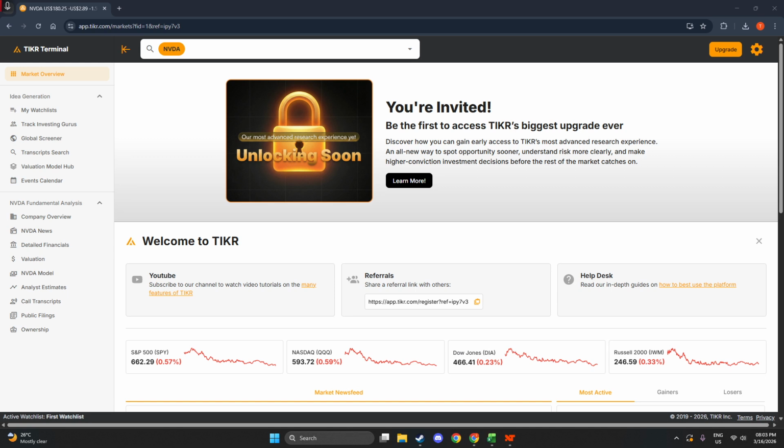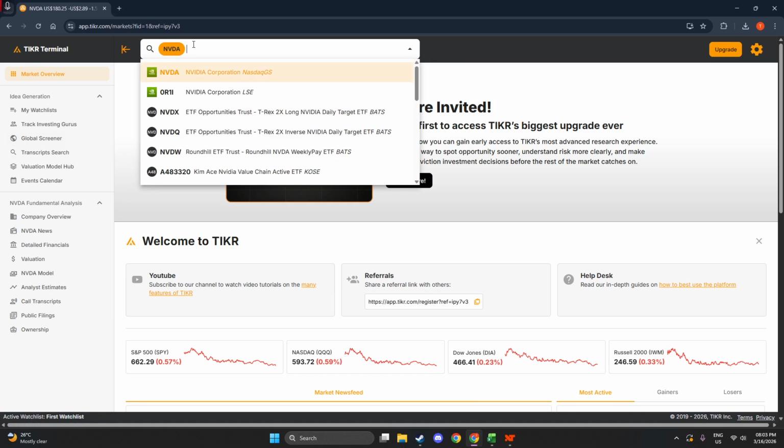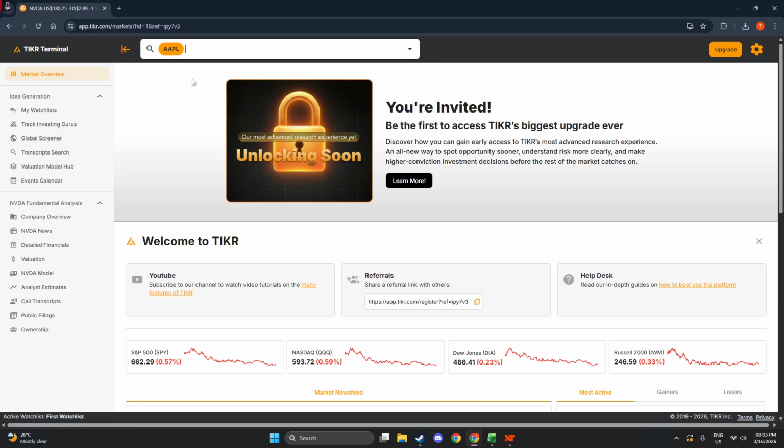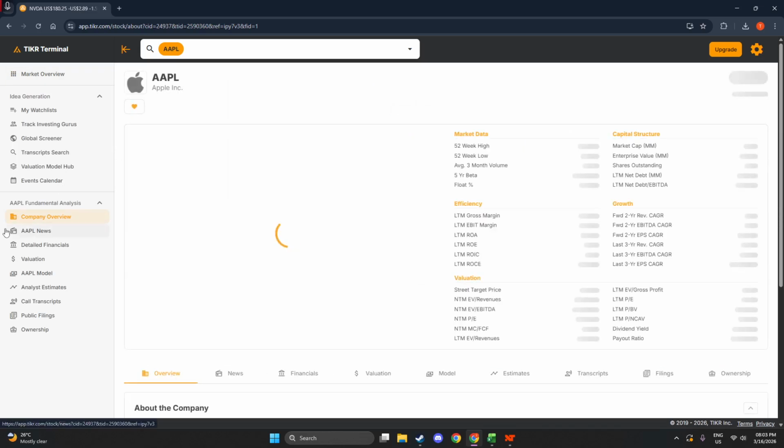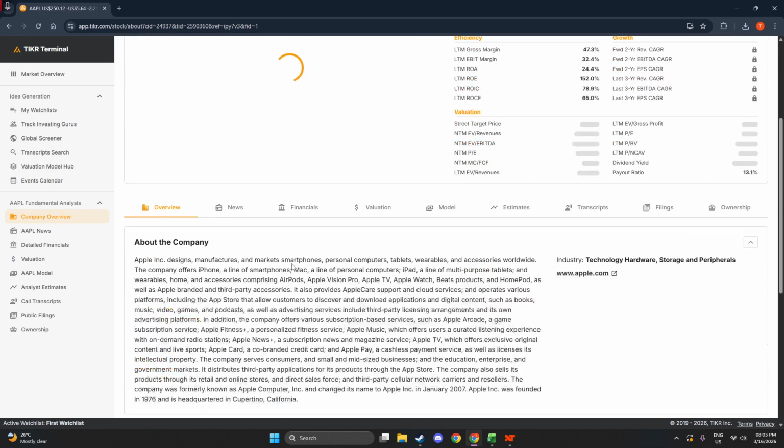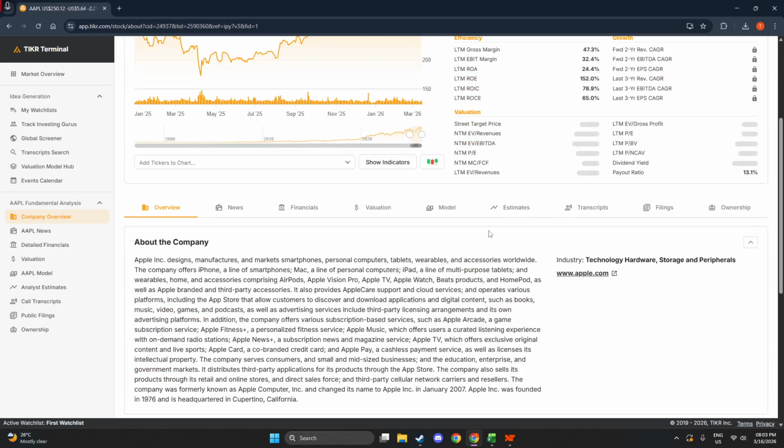that matter. Start by heading to the search bar at the top of TIKR. Type the company's ticker if you know it, or begin entering the company name. As you type, you'll see matching results appear. Pick the correct listing for the entity you want to analyze, especially if there are multiple share classes or international tickers. Selecting the right company here ensures you're pulling the exact transcripts for that business, and not a similarly named